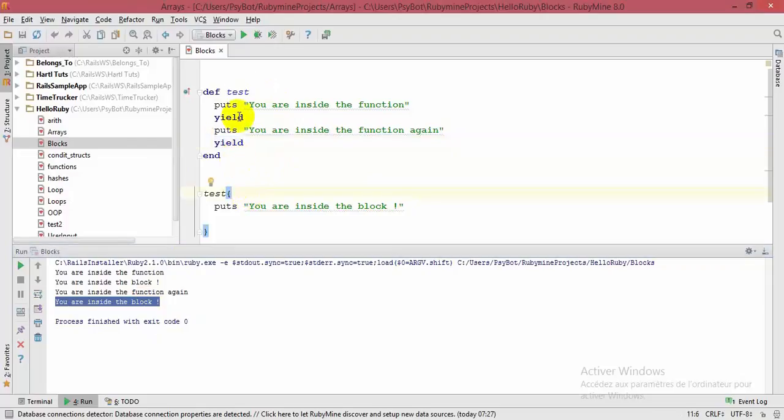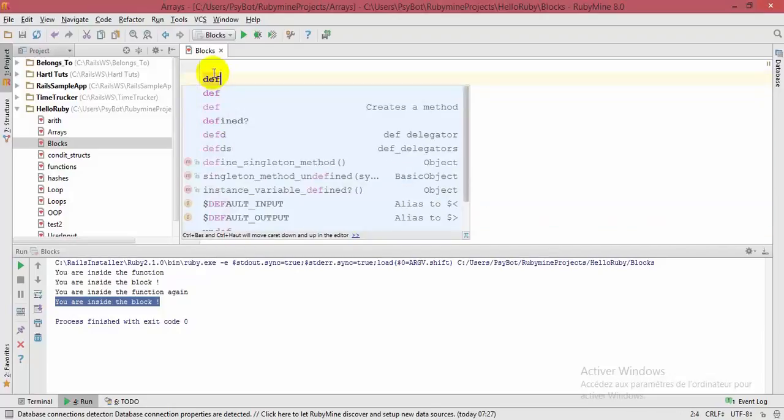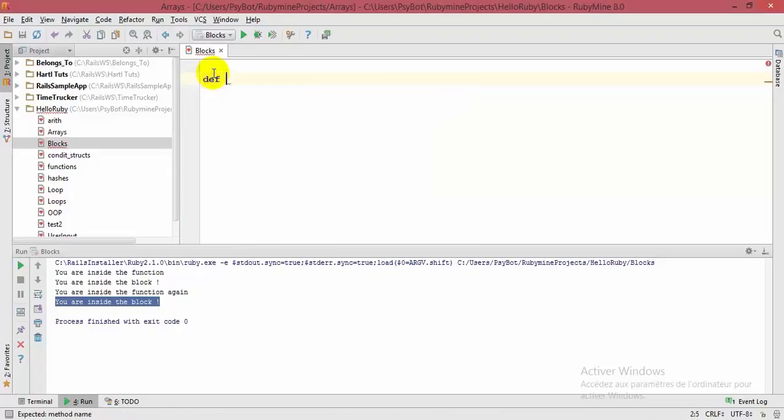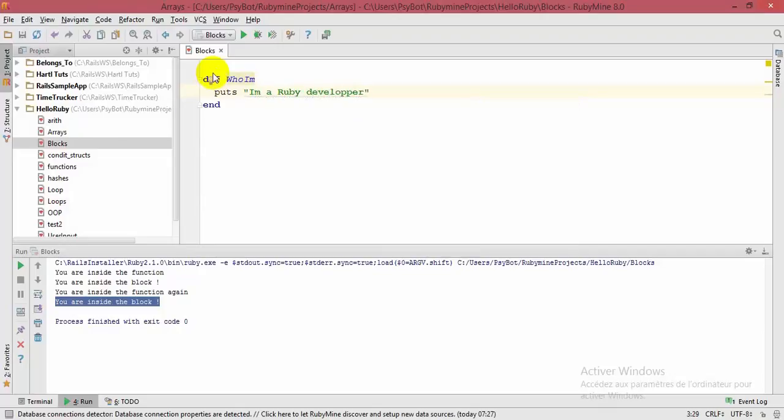Now I will show you how to use blocks and how to call them. When we call a block, we can pass parameters to the yield keyword. So let's get rid of this code and make another function. I'm going to call it def who_am_i. This function will print a little message: puts "I am a Ruby developer",